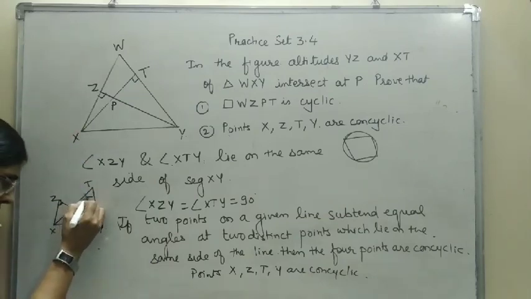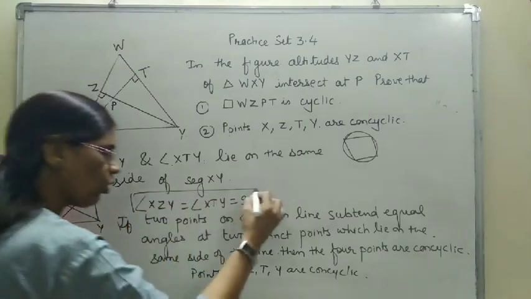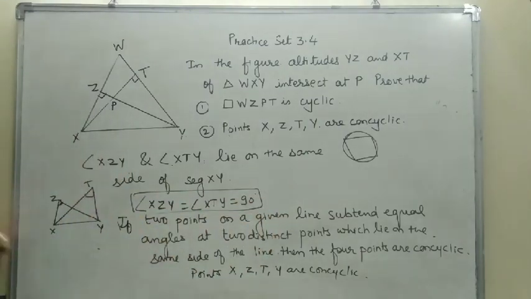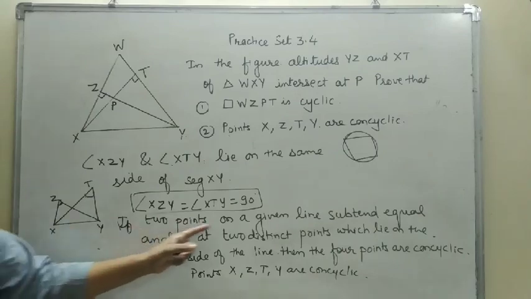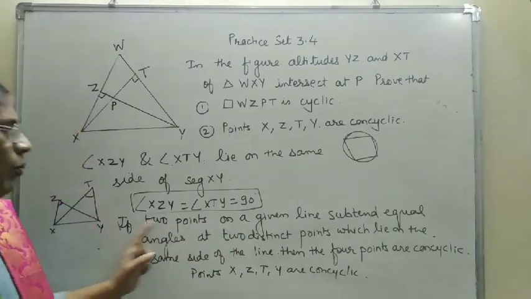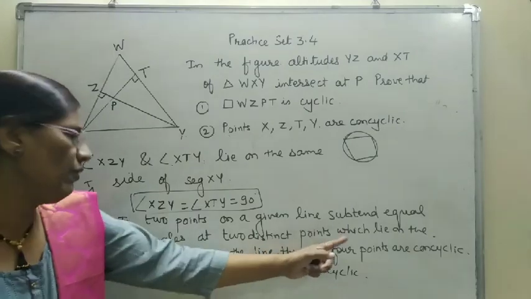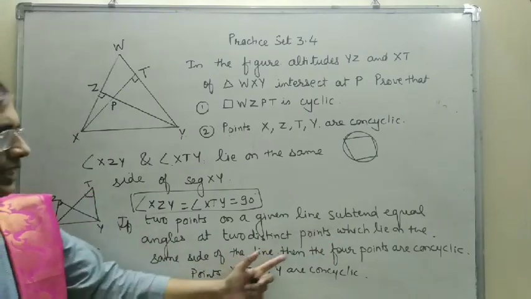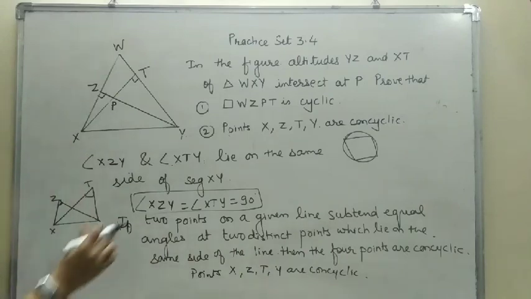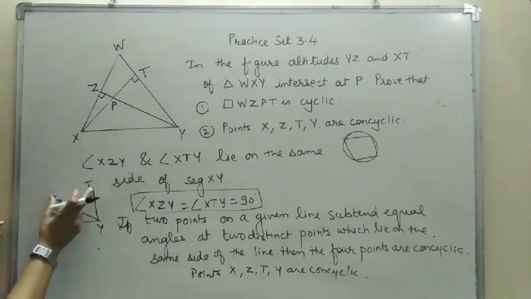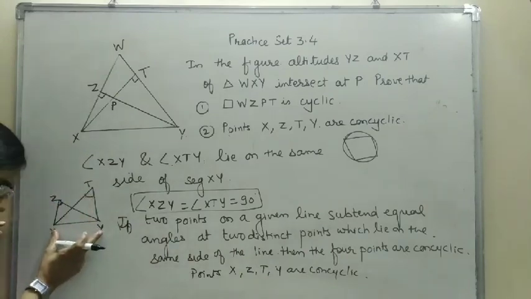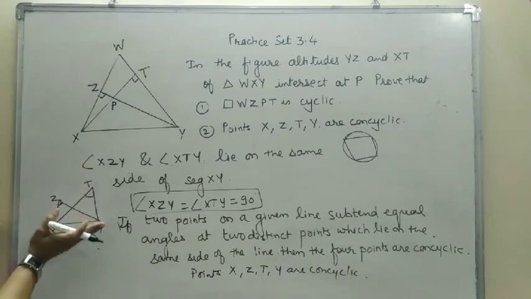And on the same side, and at the same time they are congruent also. So by theorem, if two points on a given line subtend equal angle at two distinct points which lie on the same side of the line, then 4 points are concyclic. याचा अर्थ काय की समजा हे दोन पॉइंट्स आहे, ह्या लाईन XY च्या एकाच साइडला आहे